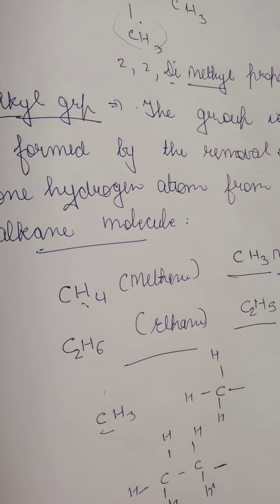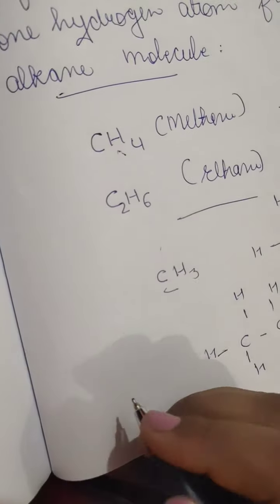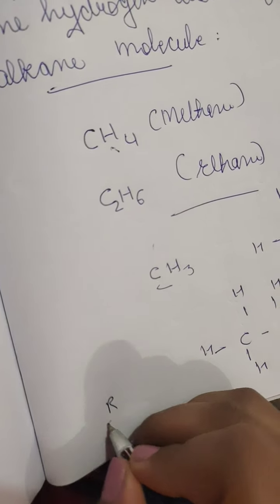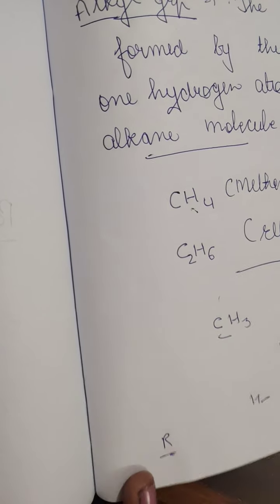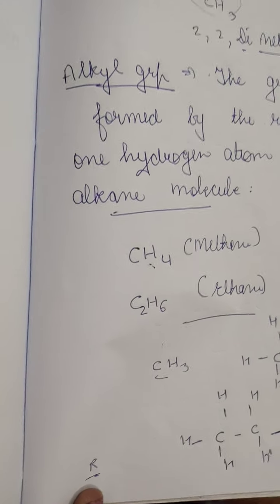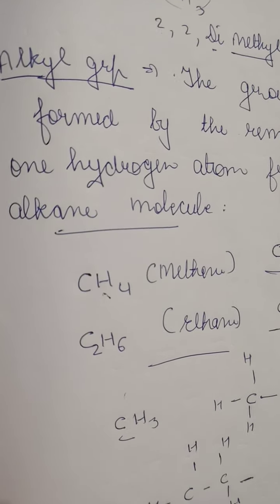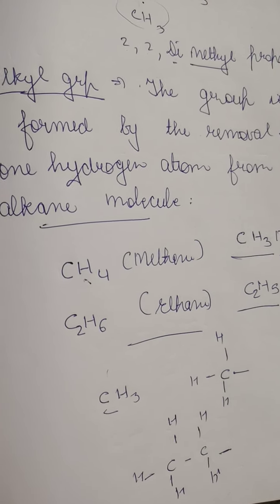Okay, so this is basically represented by R. It is denoted by R. So whenever there is R in any hydrocarbon chain, you have to make sure that it's a hydrocarbon alkyl group there. Okay, so after all this you should study more, but since it's not in your syllabus,